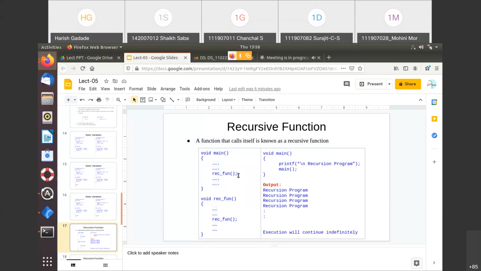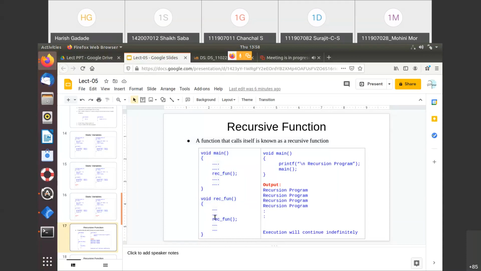So one function I have written, that recursive function. It means when the compiler comes to this point, it will jump from this to this definition part. Now what I did again, inside of this definition, I have just written that same function. I call that same function.